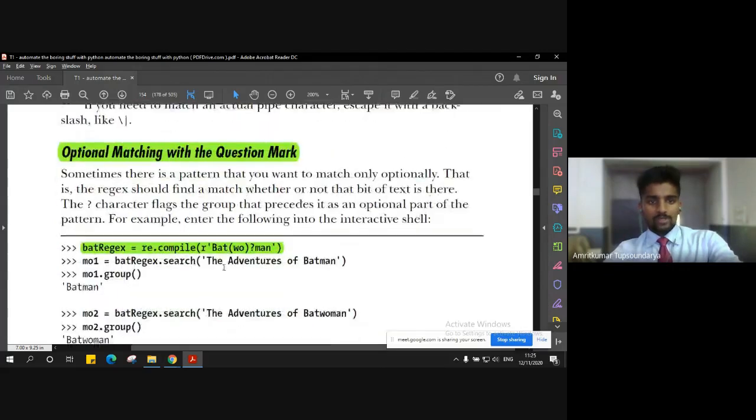Now another very interesting pattern matching scenario here is the optional matching with the question mark. So let's say you have a text and you want to match that particular text, but there are few things in that text which are optional. So just for the understanding sake, let's take the same example and include these two words here. So we have the variable bat regular expression, the compiler re.compile, the raw file, and the